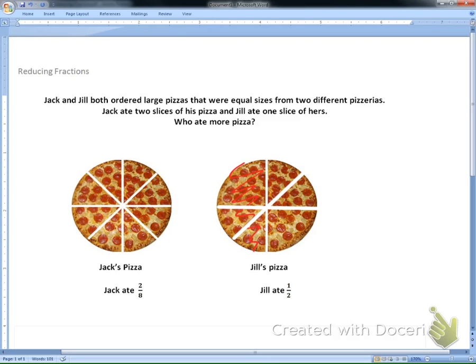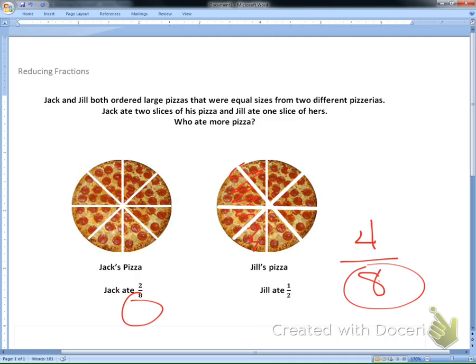So if we slice her pizza into 8 equal slices, sorry that last line was just a little off, but you get the idea. How many slices did she eat compared to Jack's now? Well, it looks like she ate 4 of the 8 altogether. That's the only real way to compare 2 fractions to see which is bigger or smaller. So you have to have the pizza sliced the same way. They're called common denominators. We're going to have another lesson on common denominators,